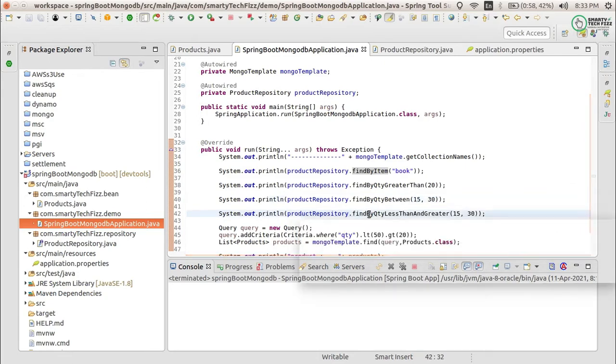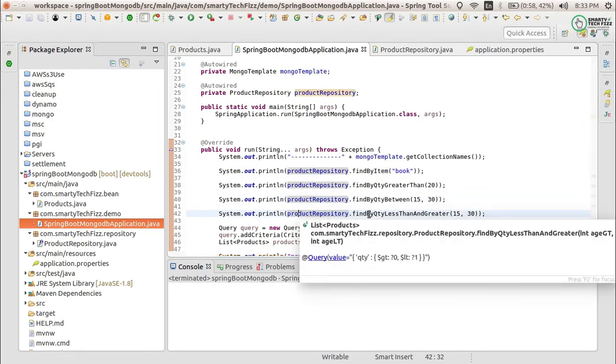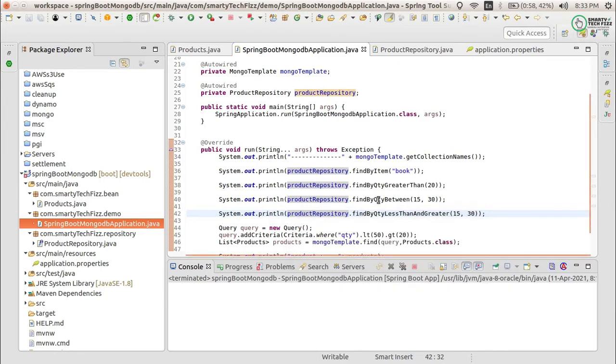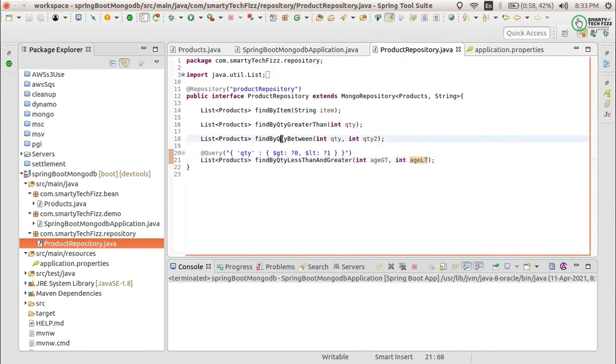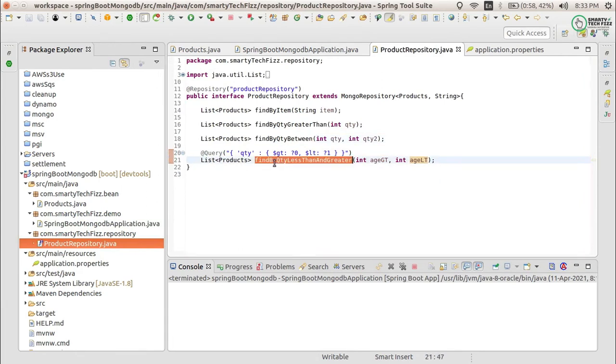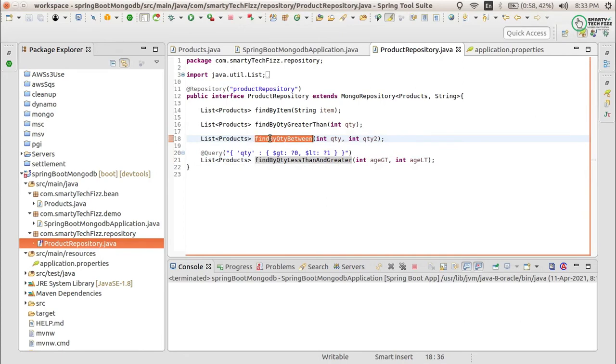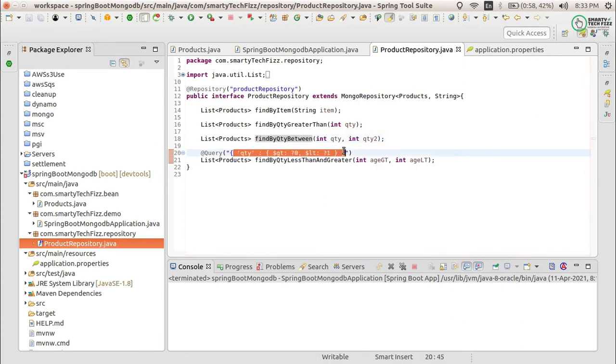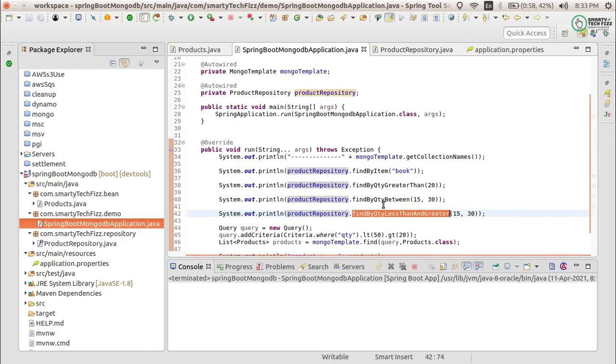What I have done is I am just showing you the different ways of doing this. Okay, so you can do like this, or you can do like this, that I have mentioned in this class. It depends on you: if you know how to write this, you can do it this way. If you don't know how to write this, then mention the query here. Okay, so these are the two ways that I have mentioned for the querying.